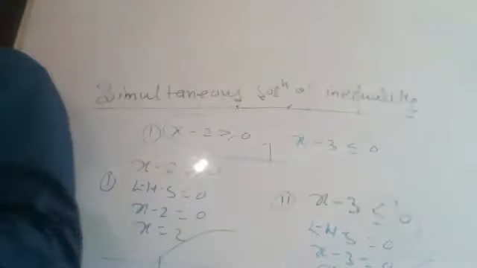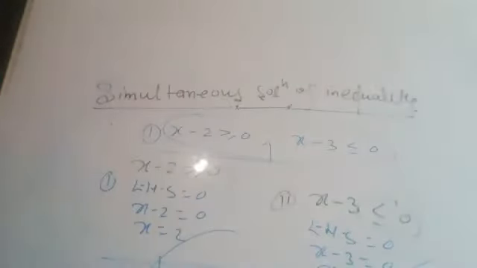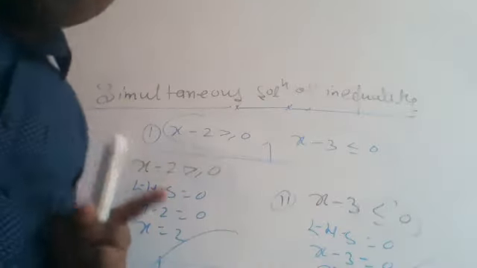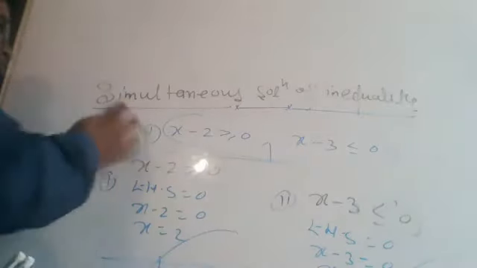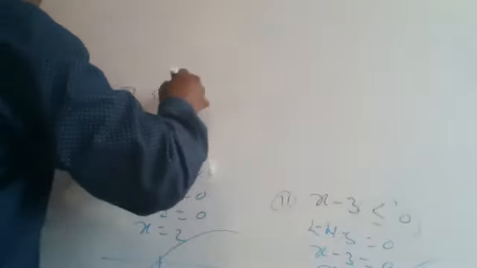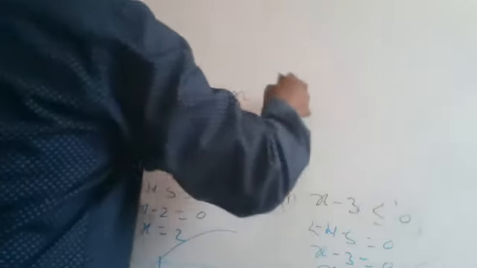Now just write down. After that, we have to take the common solution. Now just see, everyone, and be attentive. Okay, how to get the common solution? I'm going to take the common solution, which is the required simultaneous solution of the inequalities. So just write down: the second step is what? To take the common solution.